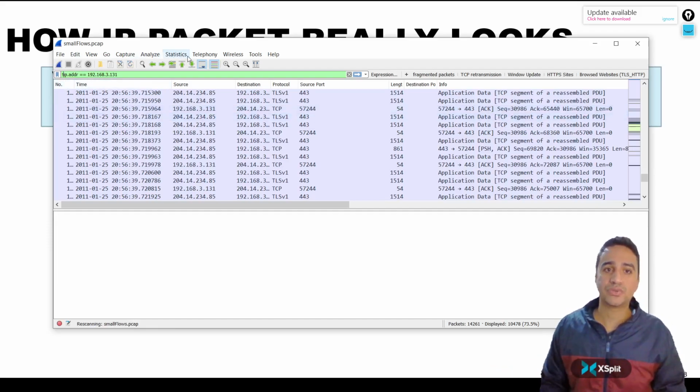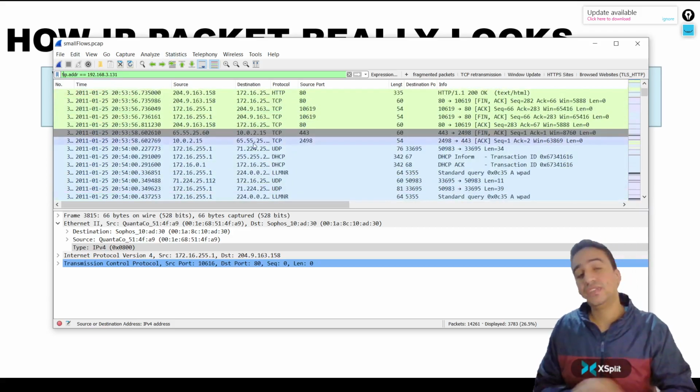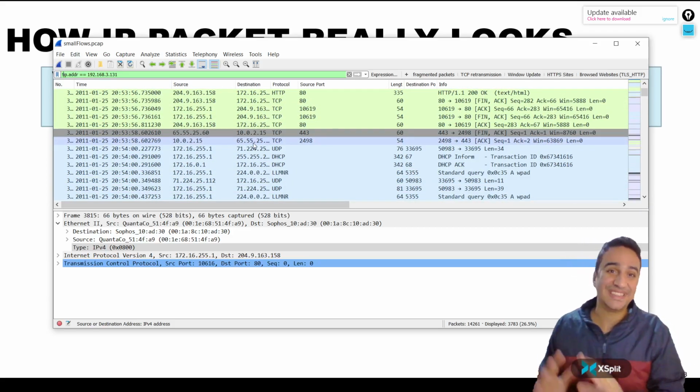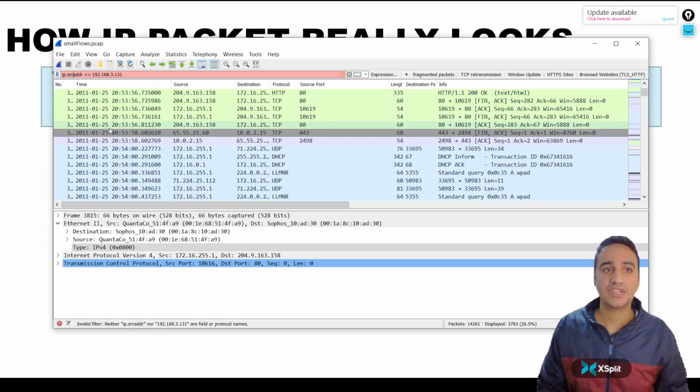So when you do so, you will find that all received packets on the screen do not include this IP address, either in source or in destination. In case you need to show this IP address but in source address only, all you need to do is type ip.source. The filter in this case will be ip.source double equal, which means equal